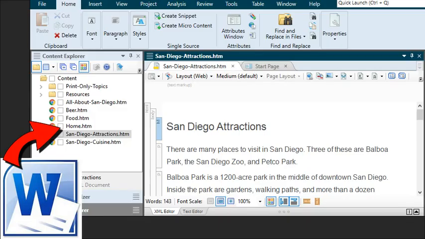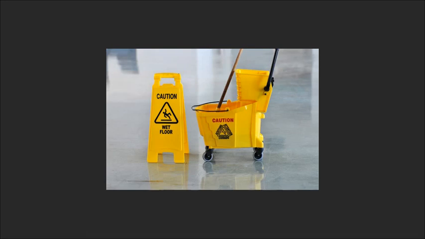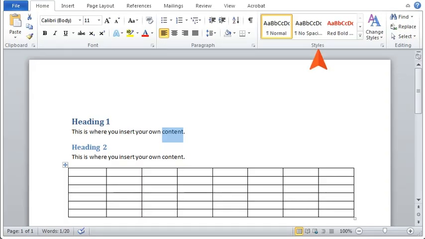You can import Microsoft Word files into your Flair project. Before you do this, there are a few things to consider. We highly recommend that you first clean up your Word documents as much as possible. One way you can do this is to make sure you use styles in Word, as opposed to local formatting. Heading styles such as heading 1, heading 2, and so on are going to come in handy, as you'll see